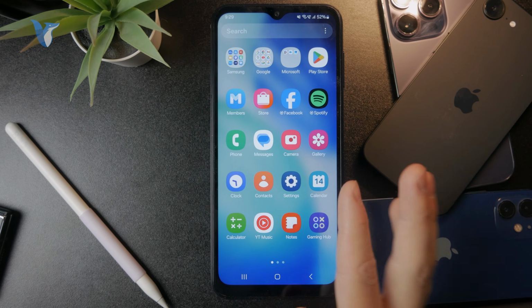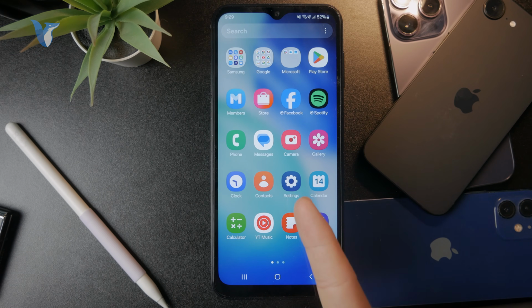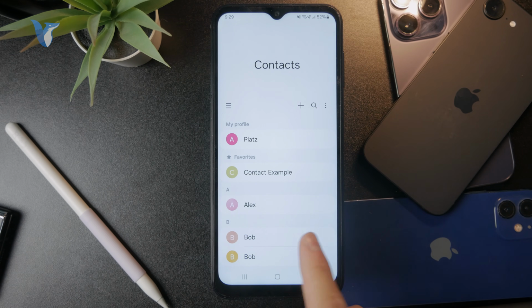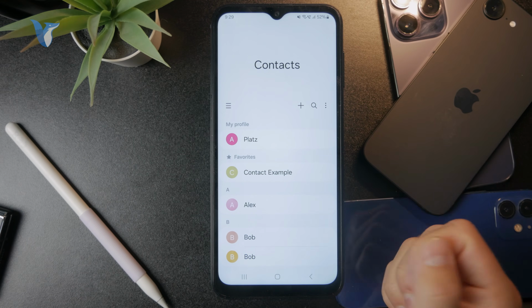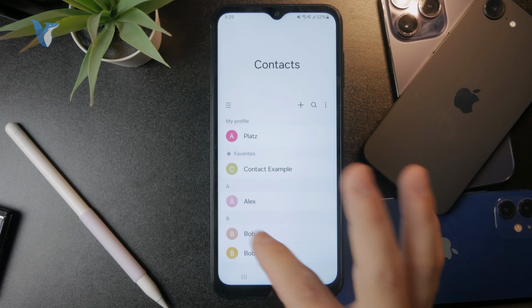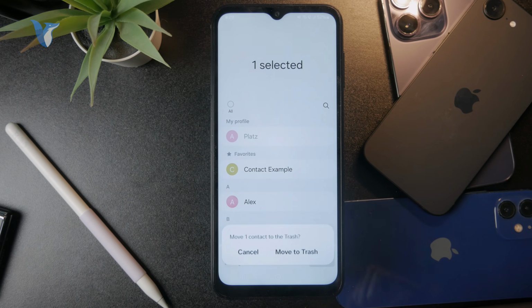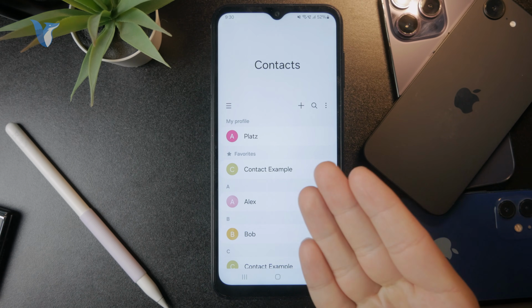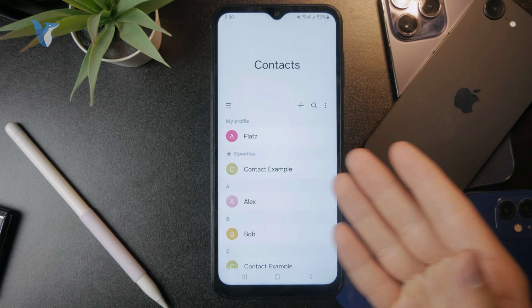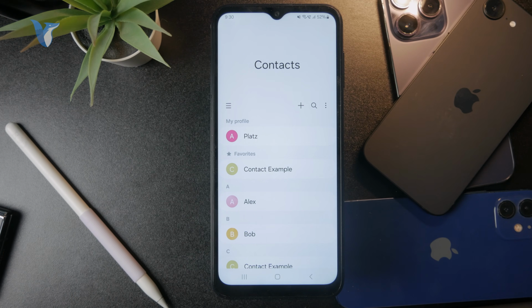So of course we can get inside the contacts application. I'm using this one right here, made by Samsung on my Samsung phone. And whenever I have a contact in here, which I can perhaps hold down on and click on delete, right, it's going to be removed. So yeah, it's not appearing on my list anymore, but I can still restore it if I tap on the